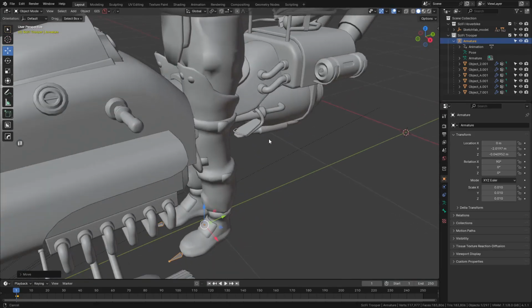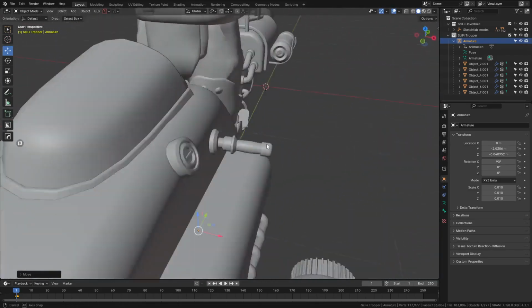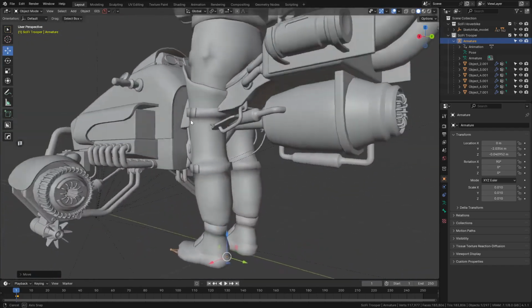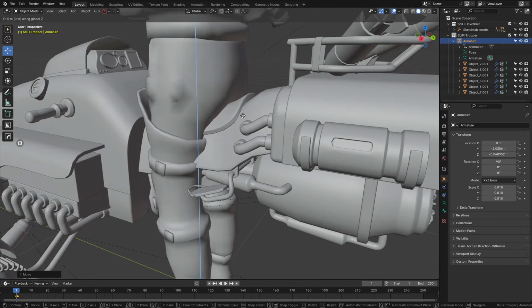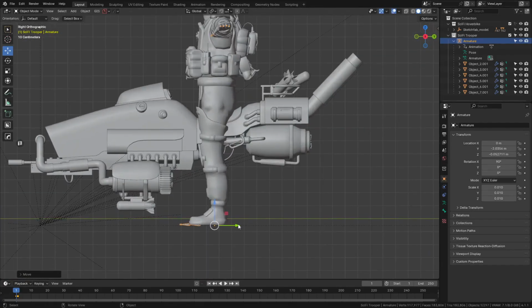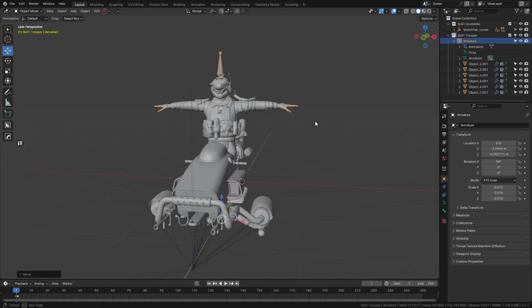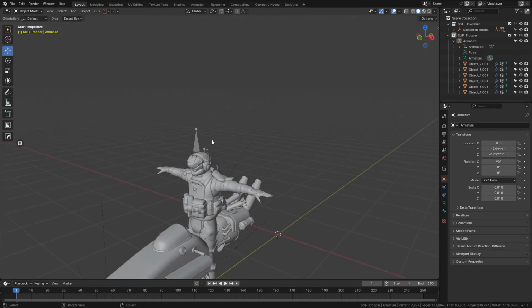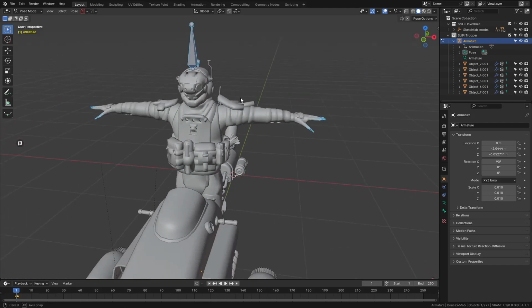And yeah, move this thing on Y. I'm gonna move this down on Z just a little bit more. Yeah, maybe fractionally more on Z, and move this thing on Y. Okay. Yeah. Now I'm gonna just select this armature and go into the pose mode, and go into the side